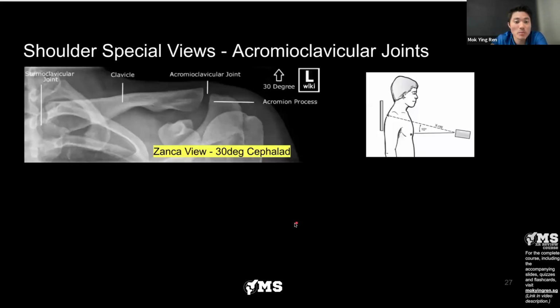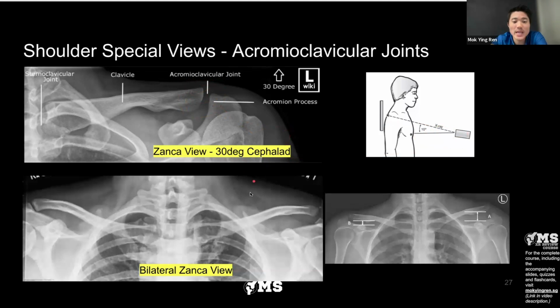Another special view that we use to look at the acromioclavicular joint, something very common, is the Zanca view. It is shot 10 to 30 degrees in the cephalad direction, all right, that allows us to look at the acromioclavicular joint. Now, in orthopedics, it's about comparison. So we can also do a bilateral Zanca view, which allows us to compare both acromioclavicular joints, and in particular, we can also look at the coracoclavicular distance, and we can compare both sides. You can see on this slide here, on the left side, it has increased, suggesting that there is an injury